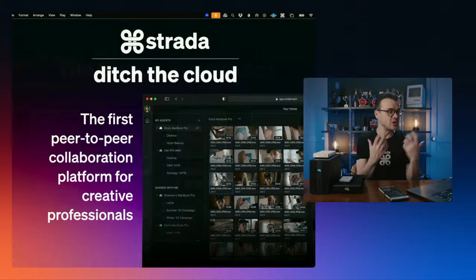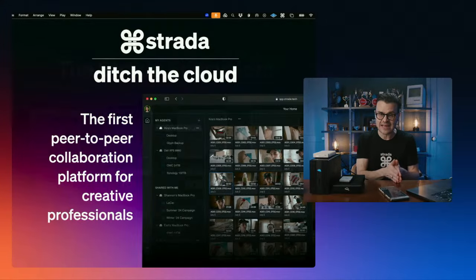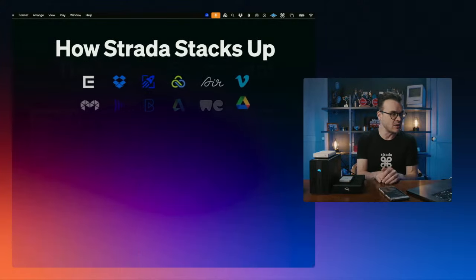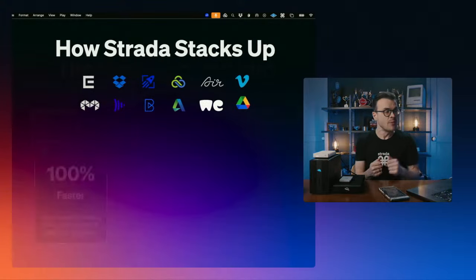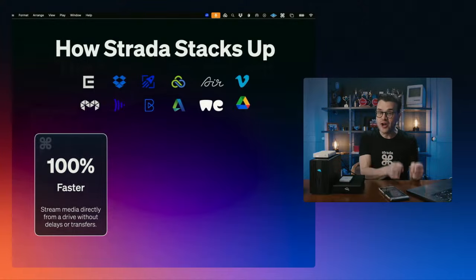So we are building the first peer-to-peer collaboration platform for creative professionals, and we want people to have peer-to-peer access so they don't have to rely on the expensive cloud storage. And that's what we are really all about. Now, these other cloud products, we've talked about a few of them. They're great. I've been a subscriber of all these cloud products, but because they're clouds, we are 100% faster than